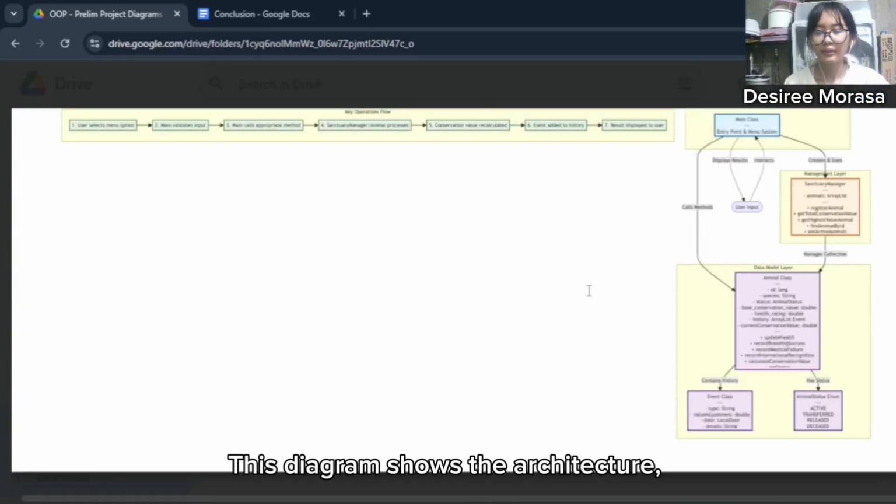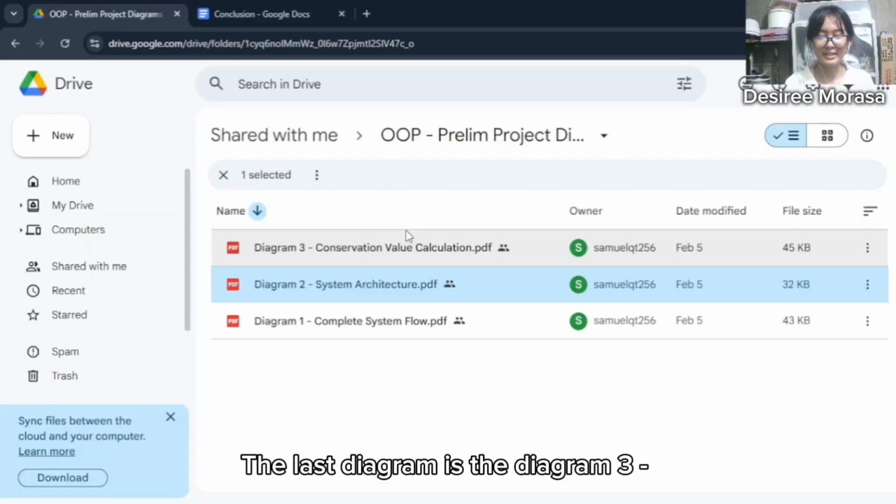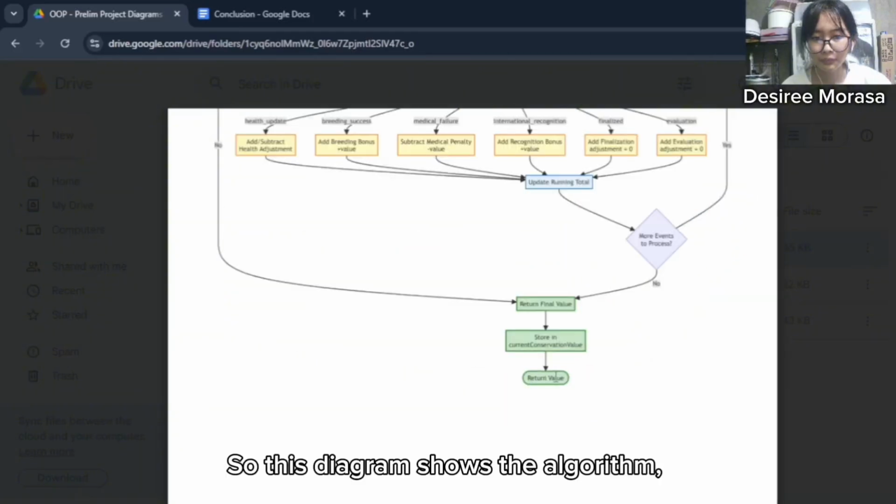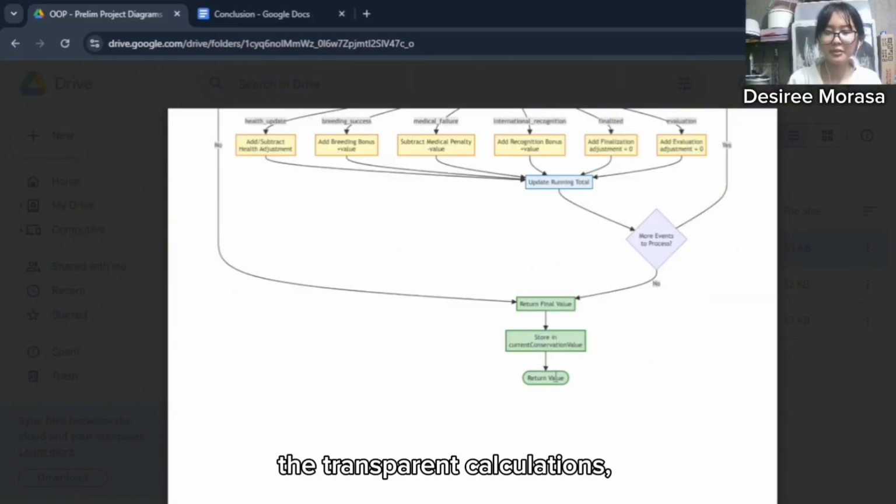This diagram shows the architecture, the three clean layers, the clear responsibilities, and the maintainable design. The last diagram is diagram number 3, the conservation value calculation. This diagram shows the algorithm, the transparent calculations, health-based multipliers, and the complete event history.